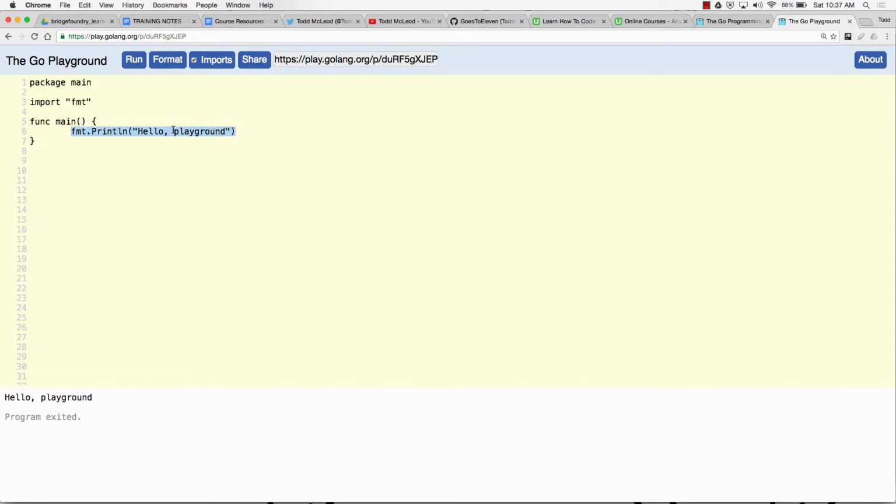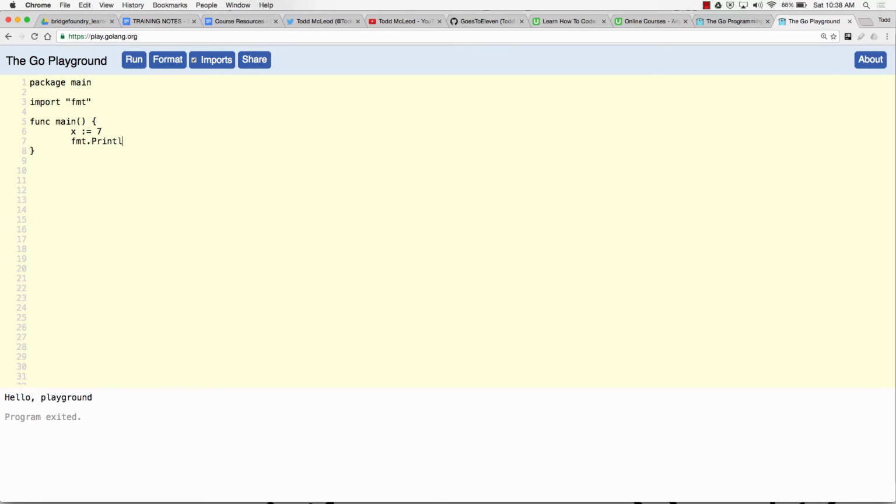Scope and variable declaration. When you declare a variable inside of curly braces, so inside of brackets, right? Then curly braces. Inside of braces, you use the short declaration operator. So that is going to declare, assign, initialize the variable. So x is declared. I am declaring the variable x, and I'm setting it equal to the value 7. It's initialized to the value 7. And then the type is automatically inferred by the compiler.